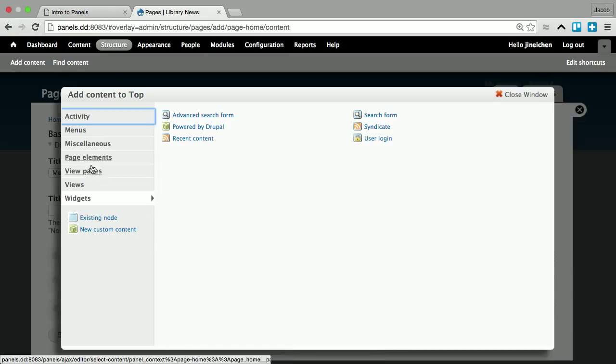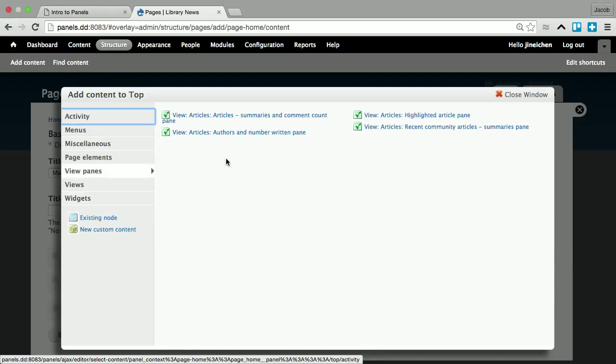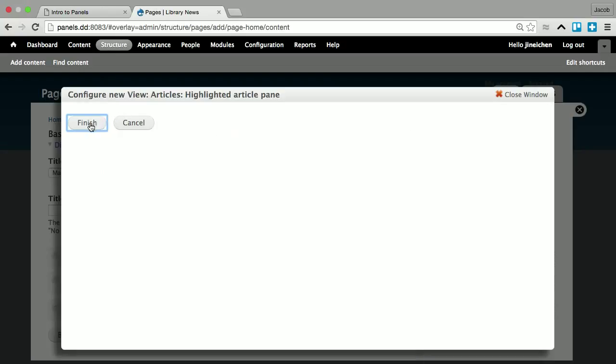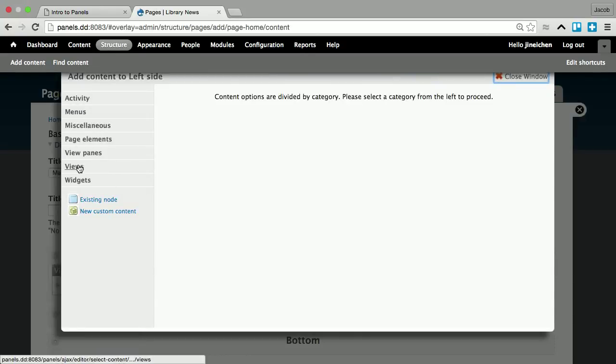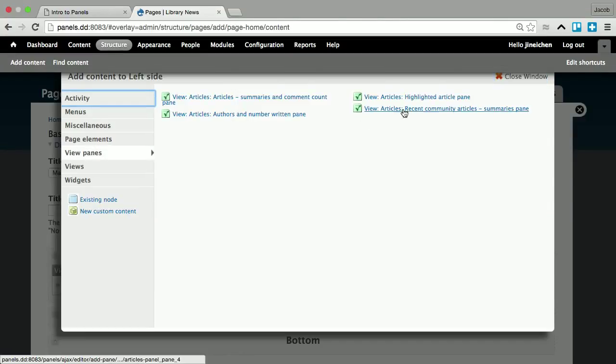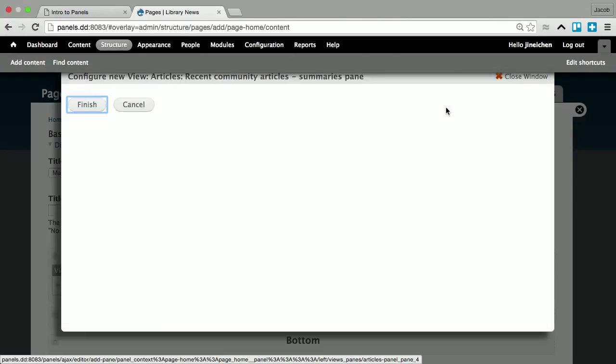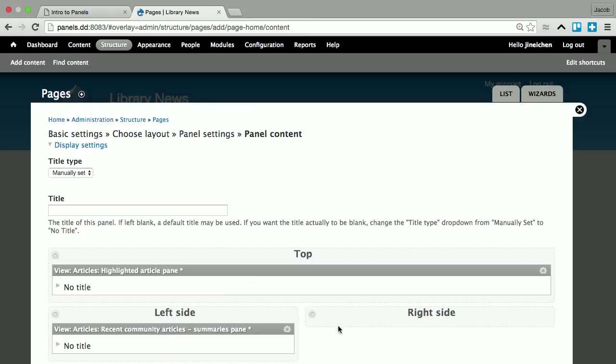I've created some sample views that we can use. So we've got this highlighted article pane. Click Finish. And now you can see it a little better. We've got this, and then we're going to add some content to our other columns. So we've got another views pane. We've got this recent community articles pane. And then we'll add,